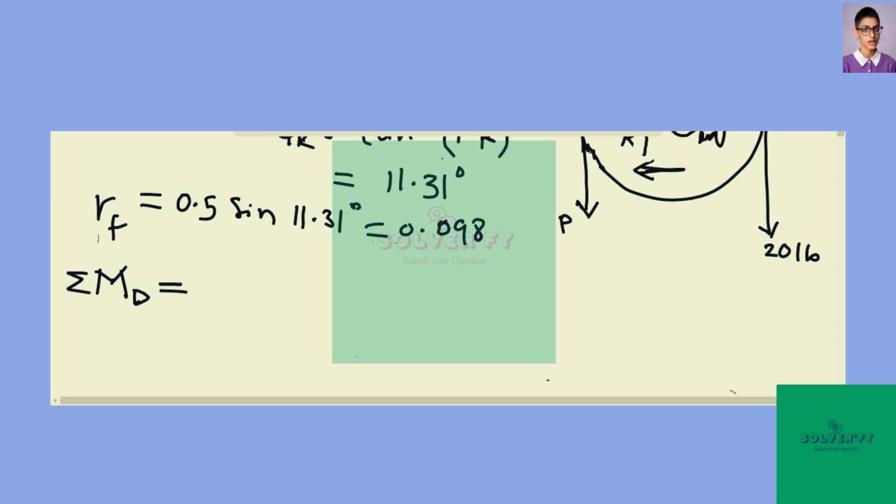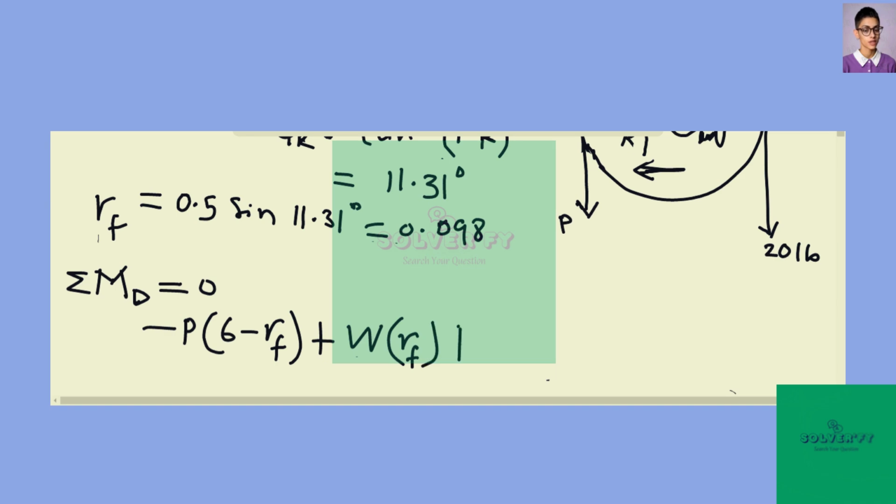we are going to arrive at something that looks like this. So our P is going down. So it's P times 6, which is the radius of the pulley that is given, minus that r_f that we have calculated. When you plug it in there, that's what we're going to get. So that's the perpendicular distance. Plus the weight times the perpendicular distance. The weight will go through r_f, substitute r_f rather,